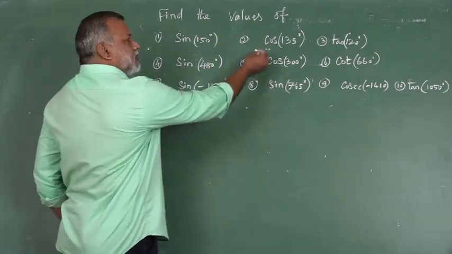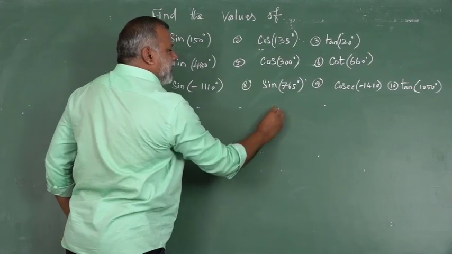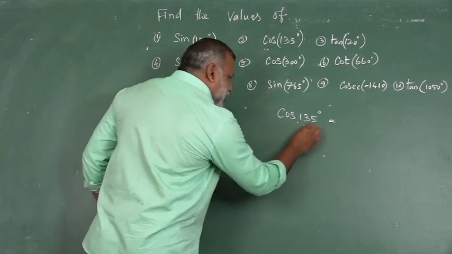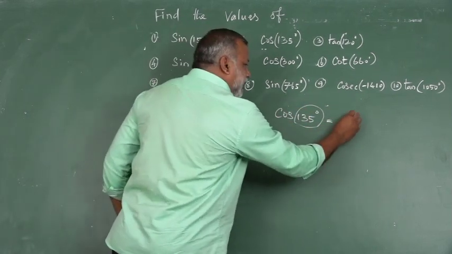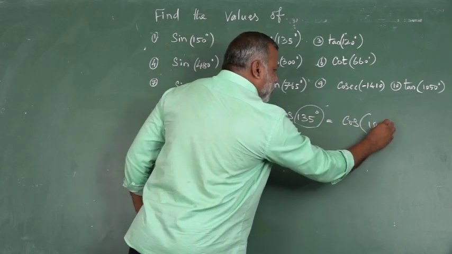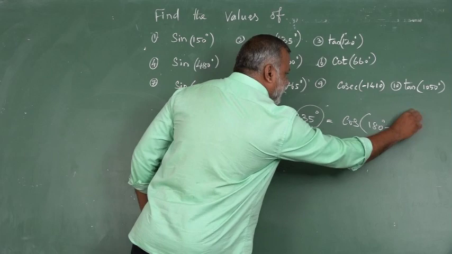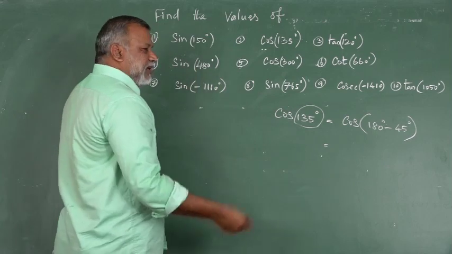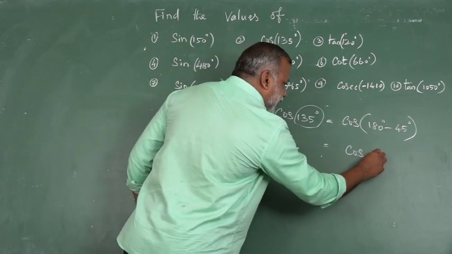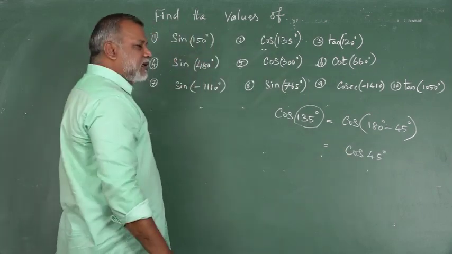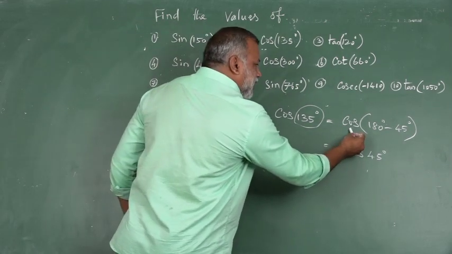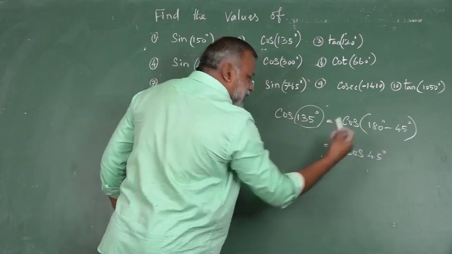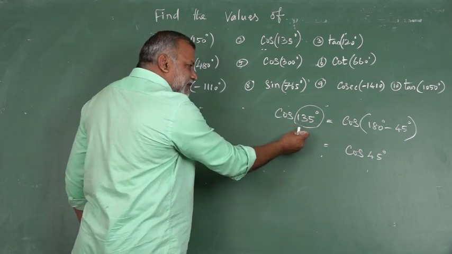That's all. Now, see question number 2. Cos 135. The given angle is cos 135. Now we are having 135. 135 can be put in the form of cos of 180 minus 45. Now listen, 180 comes, take the same function, cos 45. Instead of theta, we are having 45. Therefore, it is in the form of cos of 180 minus theta, then put the same function, then instead of theta, 45.